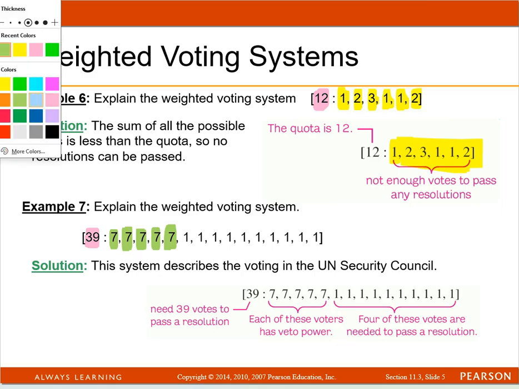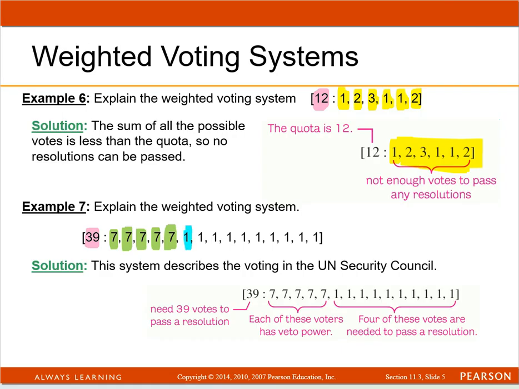And then back here, you've got 1, 2, 3, 4, 5, 6, 7, 8, 9, 10 smaller countries, and you have to have 39 votes. So the first 5 times 7 is only 35. So they have to convince 4 of these others, and I don't know which 4, but any 4